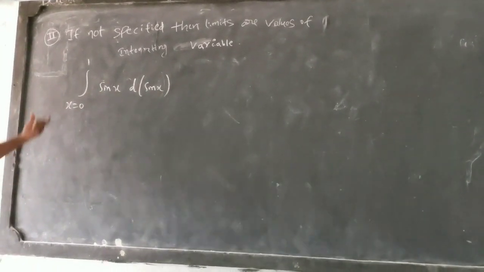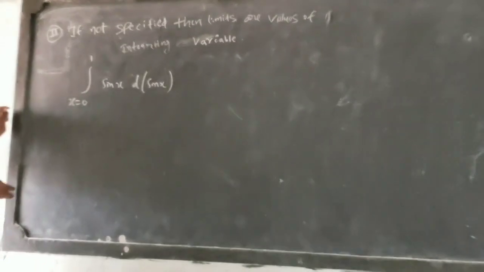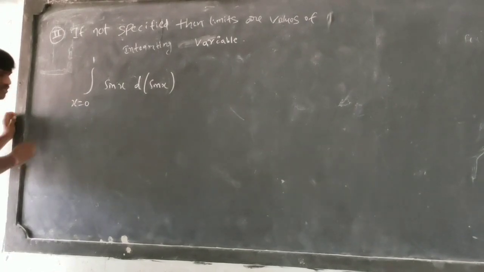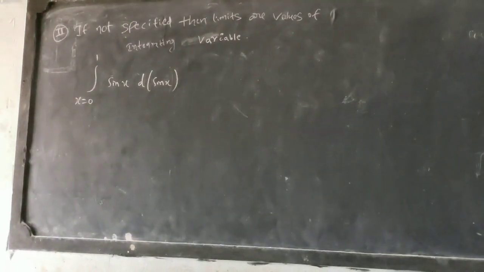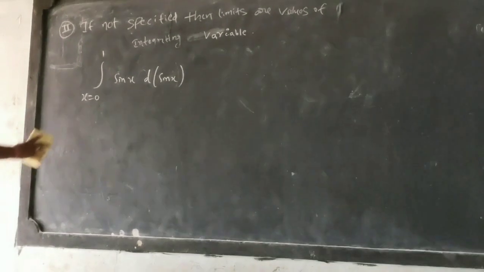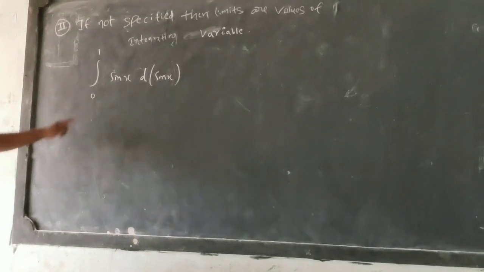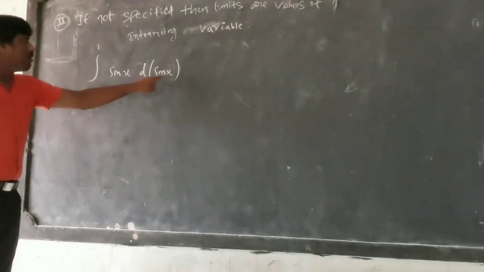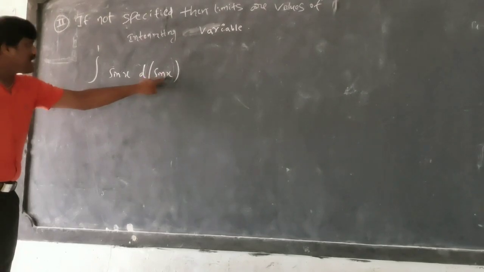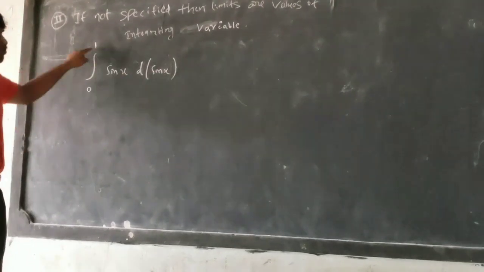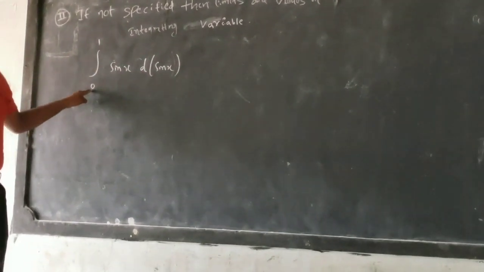You want to find the integration of this. Now see here, in the previous one there was no x here. I just want to make it clear, there was no x here. This was not given in the previous one. If it is not given, it is indicating the sin x interval, meaning sin x is 1, sin x is 0, that is what it is indicating.